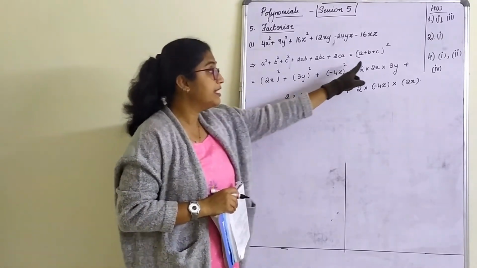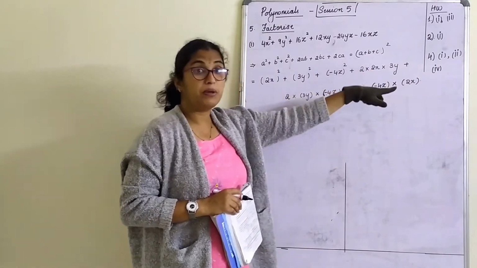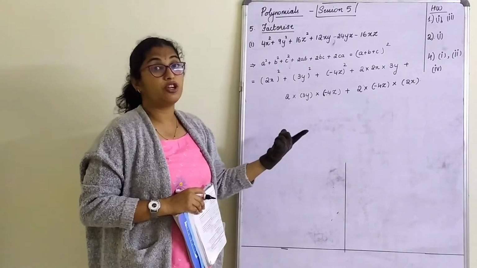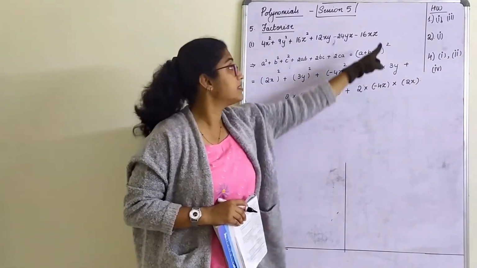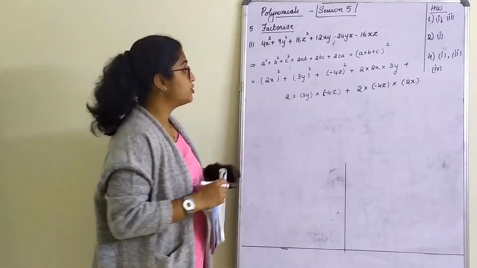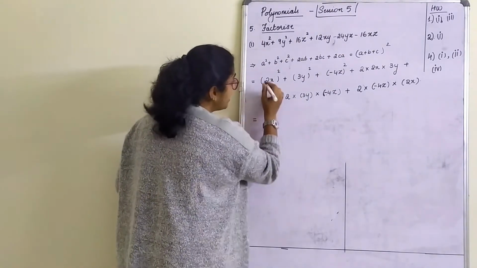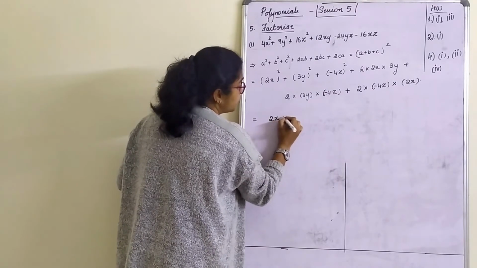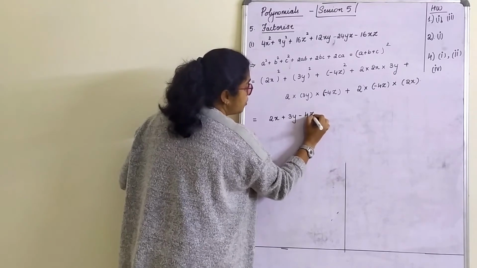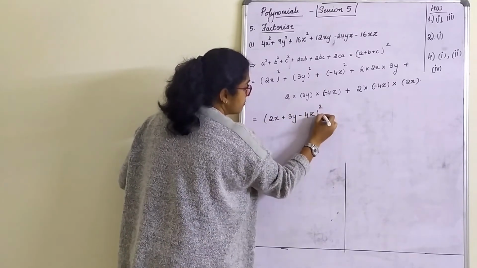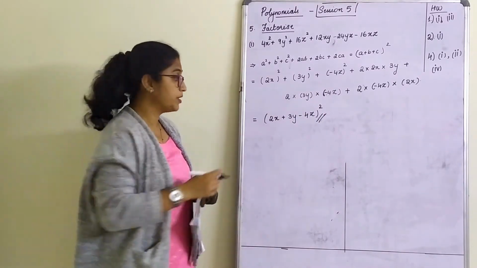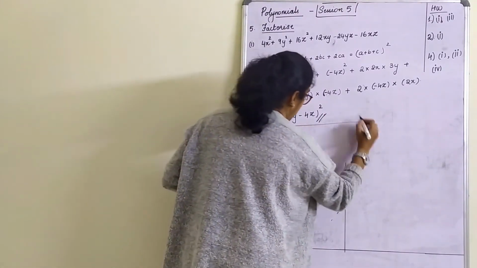I repeat once again, why can a and b not be minus? Because ab is positive. In bc, b is anyways not minus, so c has to be minus. In ca, a is anyway positive, so the c term is negative. So we got it here. So how do we write this now? This is nothing but 2x plus 3y minus 4z whole square. This is the identity. Clear? Okay. Let's solve the next one.